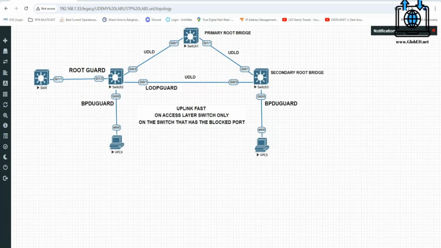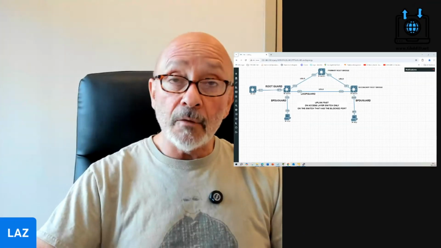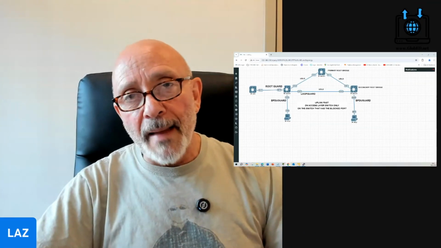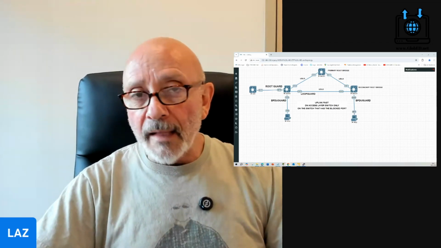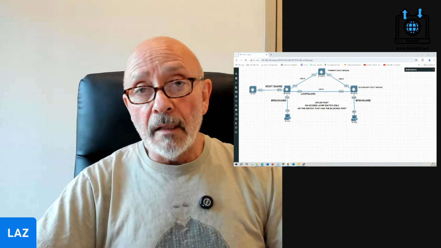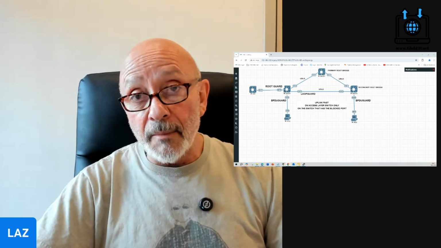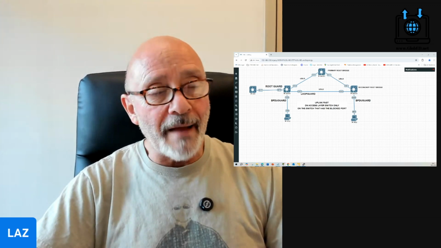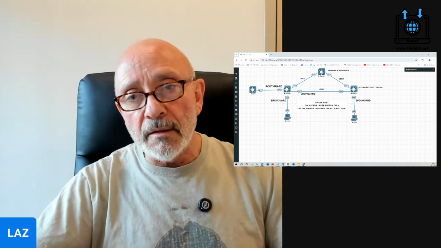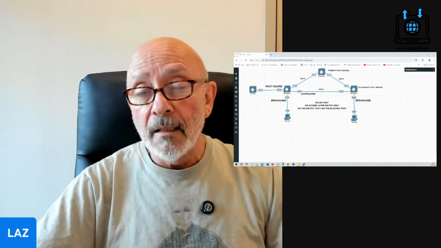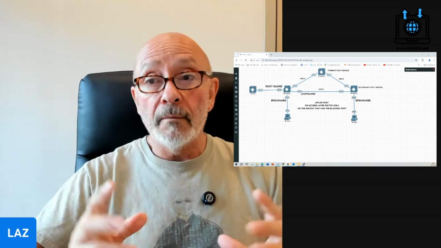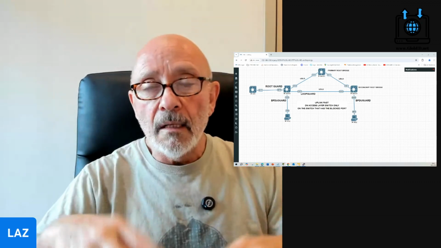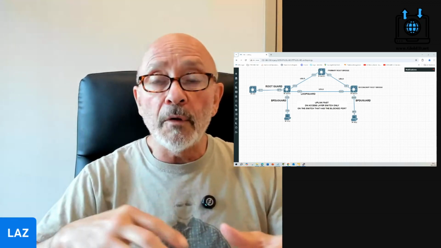So that's why spanning tree, nobody likes it, and it's going away. Whether you're using spanning tree or MST, multiple spanning tree, all that's going away. But if you're in a job environment where you have to deal with spanning tree, these are steps you should take to prevent loops, or if you have multiple links, to fail over quickly.